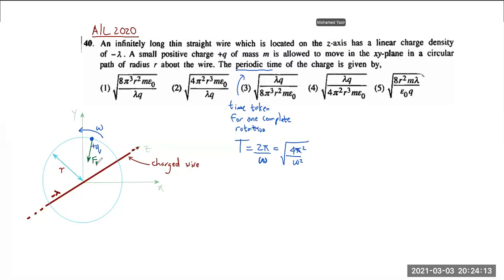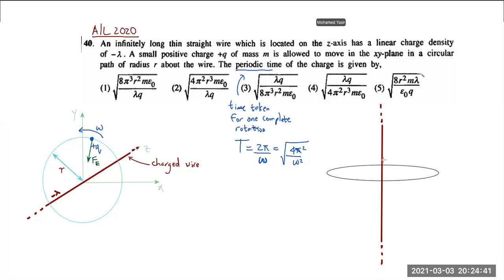Electrostatic force. That is the centripetal force. And we have learned in our previous electric field lessons, if there's a charged infinitely long wire like this, around that wire at a distance of r, we have derived the equation for the electric field intensity. Hope you all can remember that.